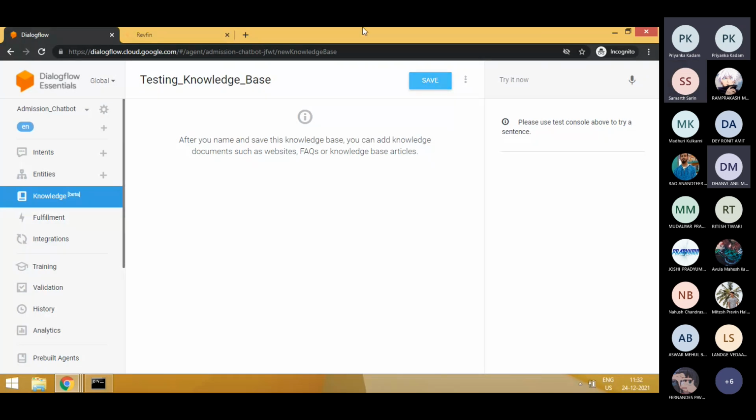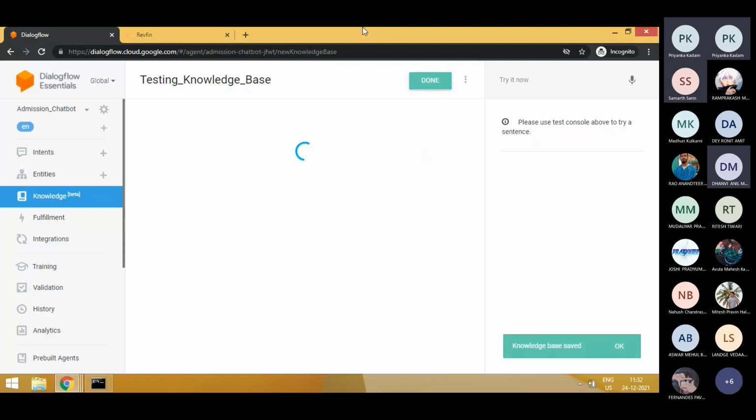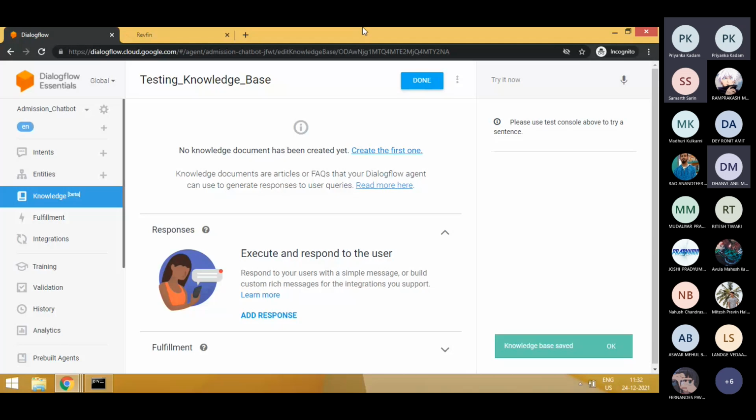If I click on save, what Dialogflow offers is two types of knowledge bases. A knowledge base is something which tells that if you already have some knowledge, share it with Dialogflow, and Dialogflow is smart enough to learn from that knowledge. So there are two types of